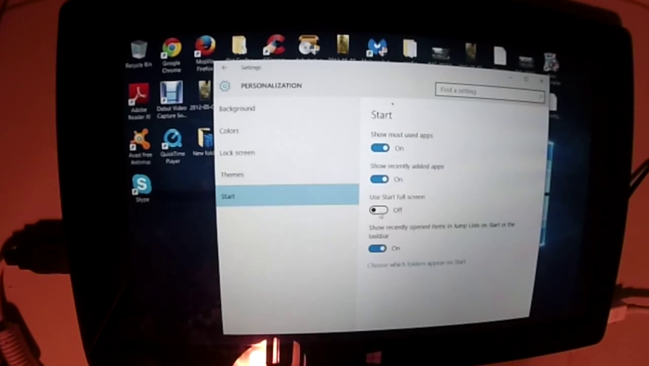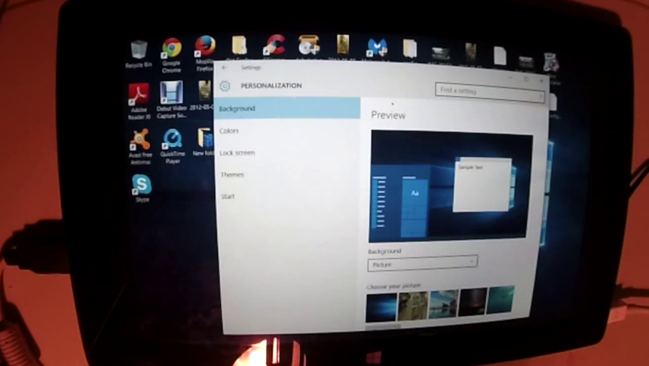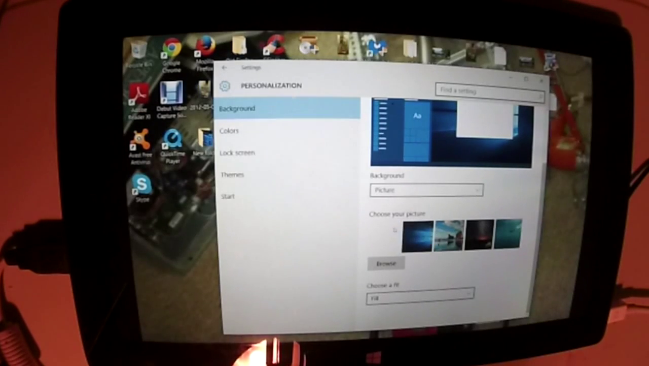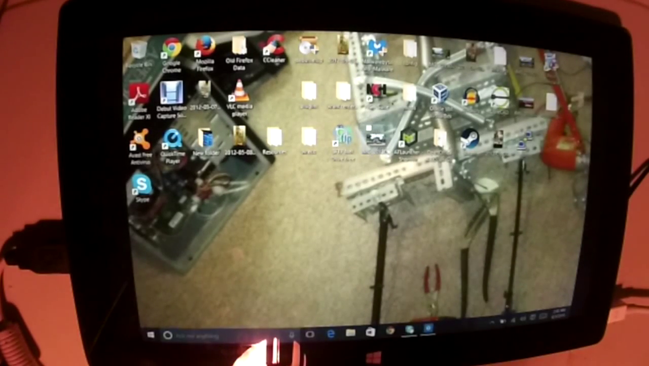Start. You start full screen? No. Show most used apps? Yes. Show recently opened items in jump list on start. Yes. Okay. Background. That's my favorite right there. Right here. Let me show you guys. This, oh, you can't see that. That's